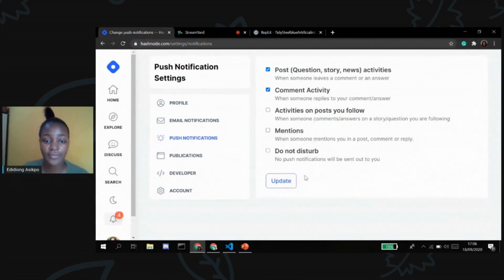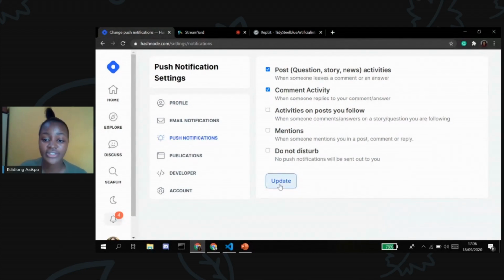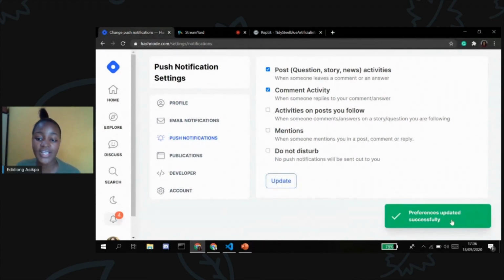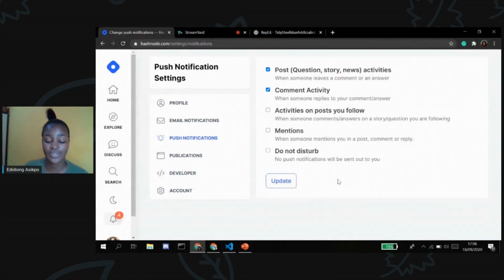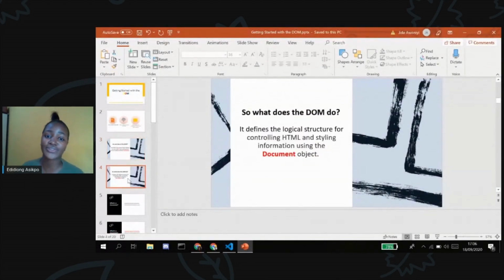Another good example of DOM manipulation here would be the update button as well. If I click on this update button, it's showing me something here, right? That means we told the page that whenever somebody clicks on update, there should be an alert that shows that your preferences have been updated successfully. So that's an overview of what the DOM does, so to speak. It makes your website more interactive and gives you an opportunity to add extra functionalities to your website. Now that you have a basic understanding of what the DOM is, I will go down into actually breaking